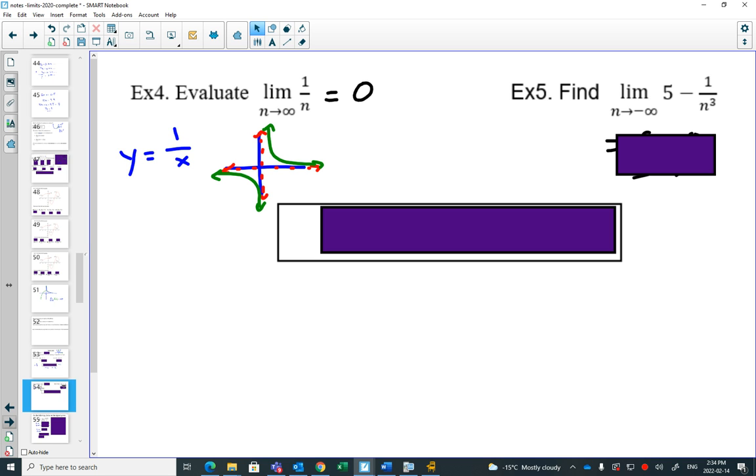If you're dividing by a very large number, whether it's positive or negative, can you see that if n went to negative infinity, the same thing would happen? It would still approach 0. So when we have an expression like number 5, n goes to negative infinity, meaning this number on the bottom is huge, a huge negative number. 1 divided by a huge negative number will be very, very close to 0. And so this limit is just 5.